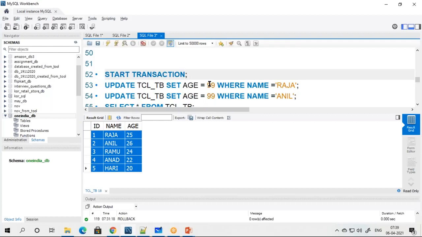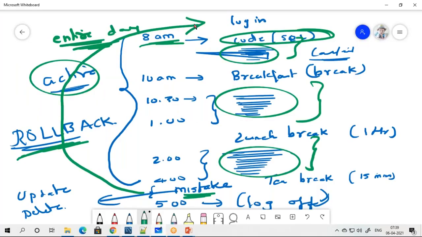But now the problem is it is going to waste my entire transaction. That is, the entire day's record is gone. Okay, how to handle this? Now, how can I handle this? What I will do,